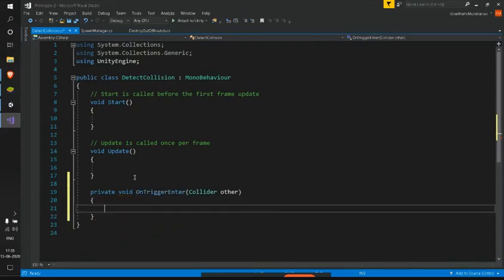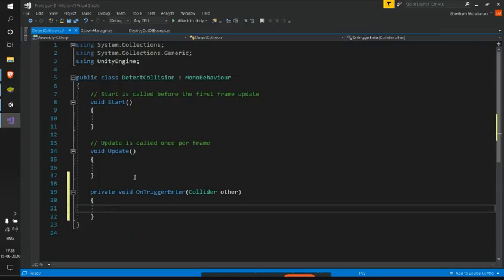See, we have this, and immediately when I click on the suggestion given, I got all these things. It automatically made the access modifier of the OnTriggerEnter method private, so it can be accessible only in this particular class, which is our DetectCollision.